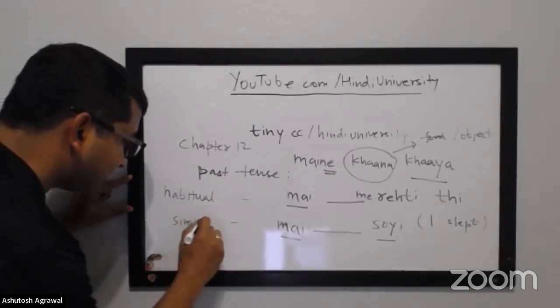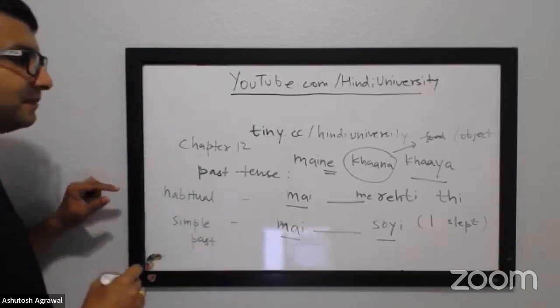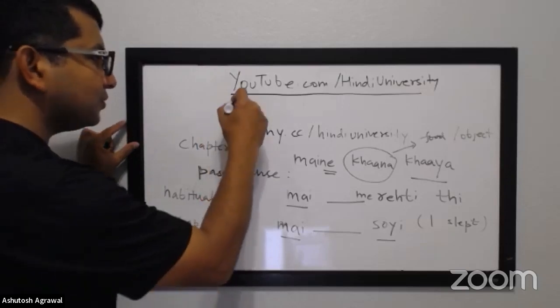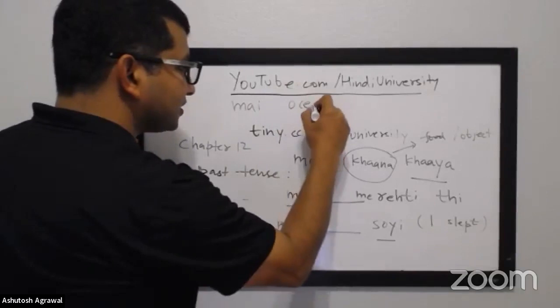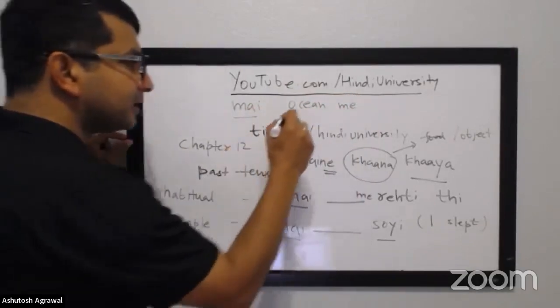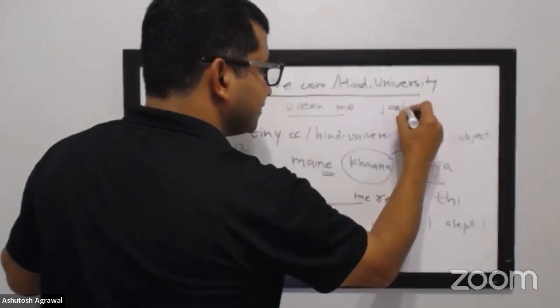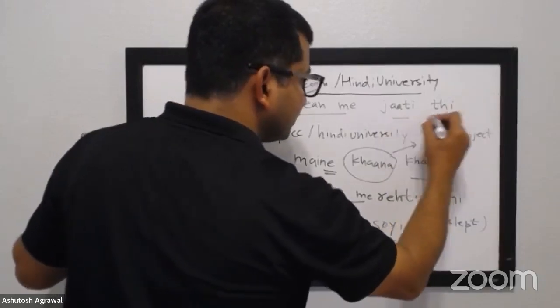बचपन में मैं अक्सर समुद्र में जाती थी. Okay, so you said मैं, ocean. I'm going to just say ocean. मैं ocean में जाती थी. Okay, मैं, as you know, is the subject. I used to go to the ocean.